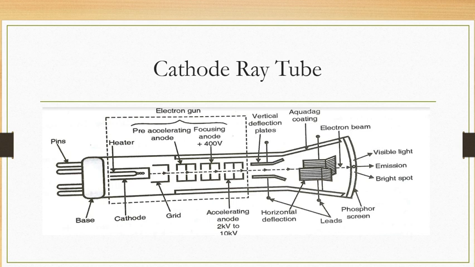Okay, now if you see, a positive voltage applied to the X input terminal will cause the electron beam to deflect horizontally towards the right, and a negative voltage applied to the X terminal will cause the electron beam to deflect horizontally towards the left. Similarly, if you apply a positive voltage to the Y input terminal, it will cause the electron beam to deflect vertically upwards, while a negative voltage applied to Y will cause the beam to deflect vertically downwards.